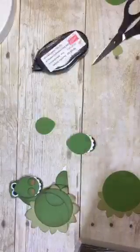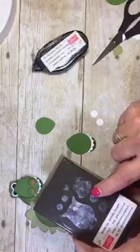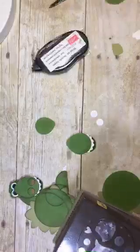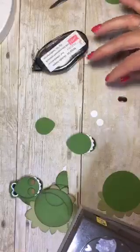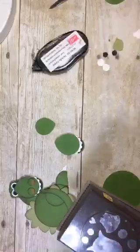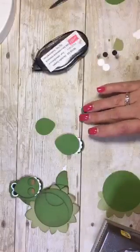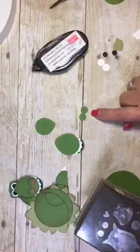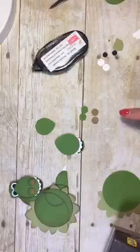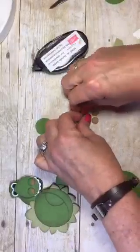So I took Whisper White, and I punched out 2 of the larger circles here. And then I took, let's see, let's do a snout first. I'm sorry, I started moving on to eyes. I punched out 2 out of Wild Wasabi, right there. And I punched out 2 out of Soft Suede. Now that's the only Soft Suede we're going to use on this one, so you don't need anything but a